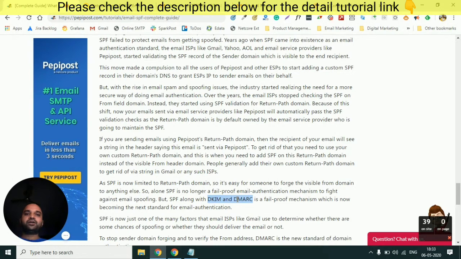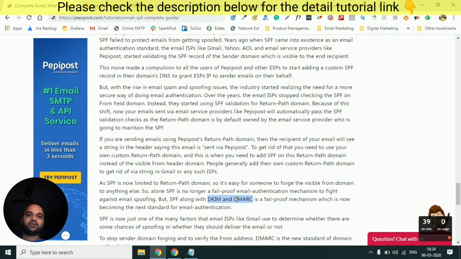So once you are done with SPF, DKIM and DMARC, your email is completely secured and you are ready to send emails with high inbox delivery. While doing all these three records does not ensure 100% inbox delivery, these are the things which should be done in order to ensure you are complying with the email best practices. And once you are complying with the email best practices, the chances of your emails landing in the inbox will be much higher.